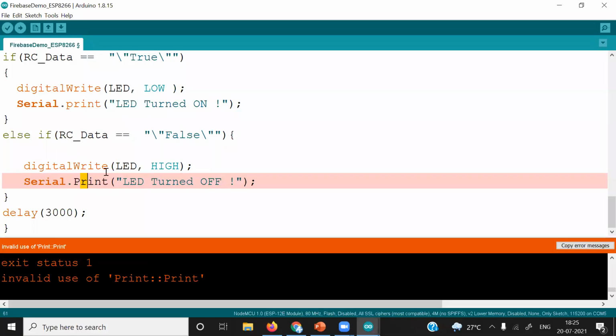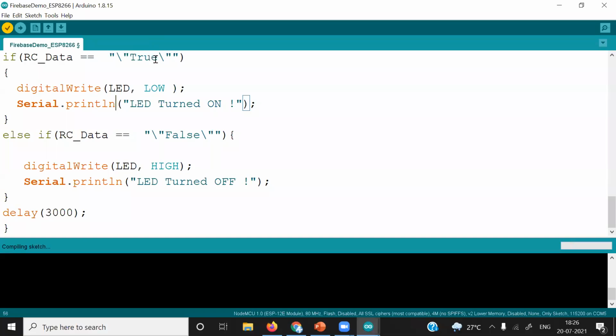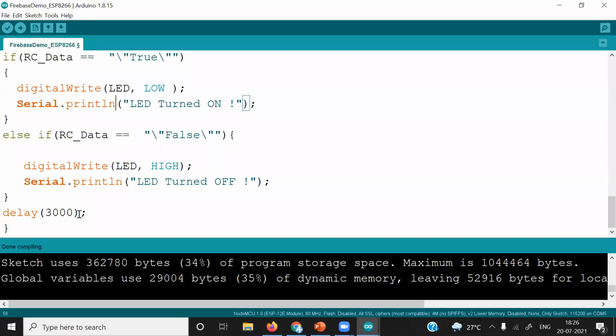Sorry, println. Compile it again. Okay, done compiling. We will upload this code to the ESP8266.